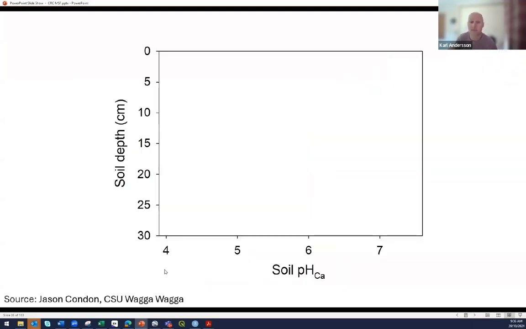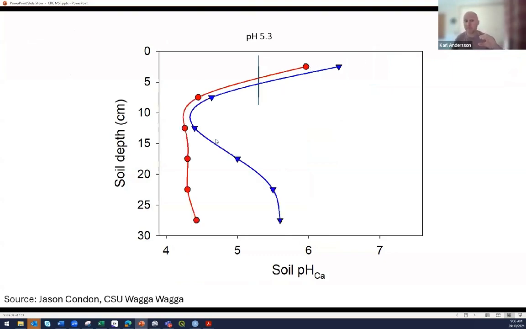And even our sampling depth. Jason Comden's been doing some finer sampling depth than is commonly done. In this situation, if you just do an average of 0 to 10, you think it's 5.3 and it's okay. But what he's finding is his stratification, it is definitely fine at the surface, but it's actually problematic at depth. So by doing that finer layer depth sampling, and especially looking with the kit that you can use yourself, you might pick up some of these constraints.